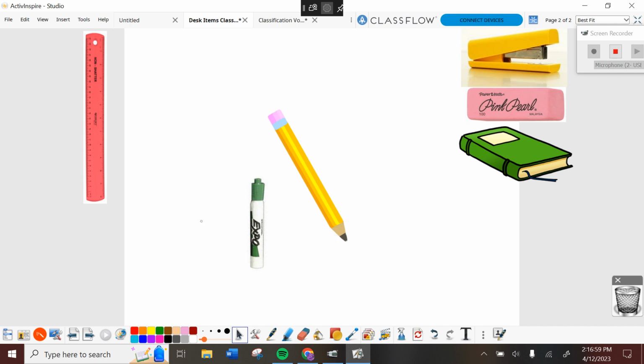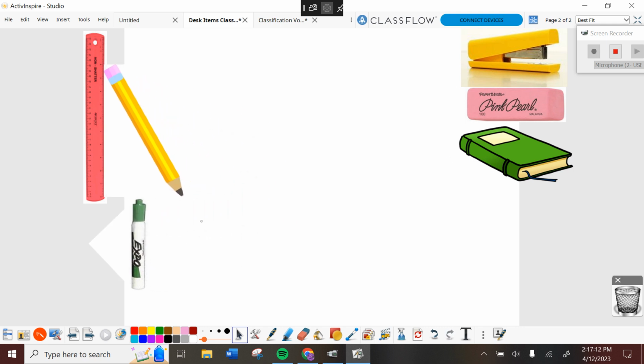So how would I separate these guys out? If it has an eraser. I heard eraser first. If it has an eraser, it's a pencil. If it doesn't have an eraser, it's an expo, right? So 3A has an eraser, it's a pencil. I've identified it. Graphite. 3B, no eraser, it's an expo. See what I've done so far?